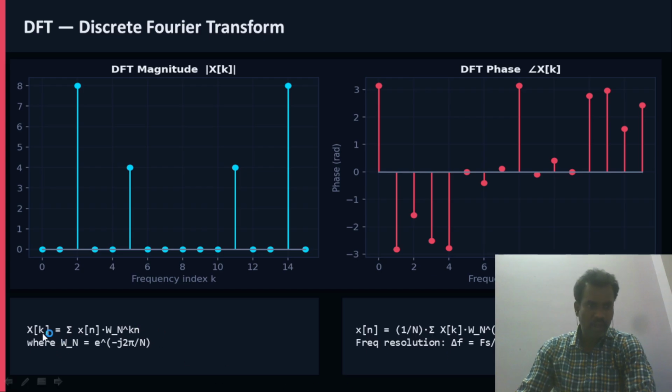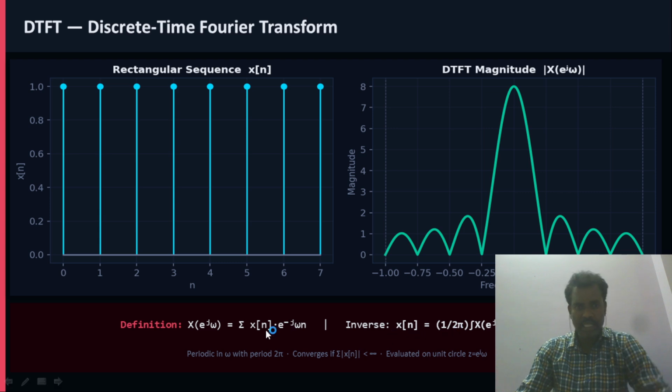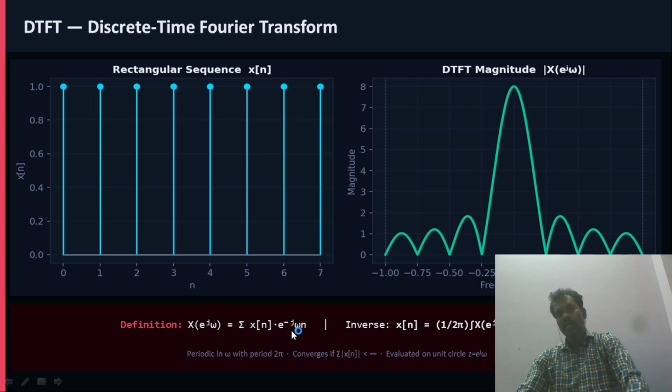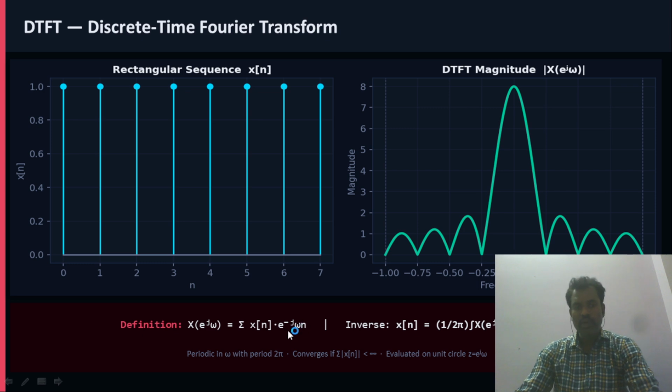What will it become when sampling X of e power j omega? That means this 2 pi period of X of e power j omega is divided into N samples, because the same period will be repeated in the next period also. So we'll divide omega by 2 pi. The e power j omega frequency is divided into samples. So the frequency variable has to be sampled with a sampling interval of capital 1 by N,